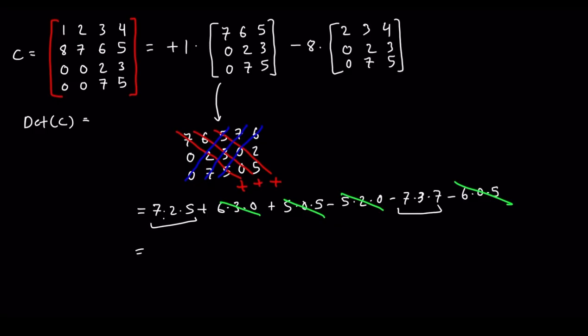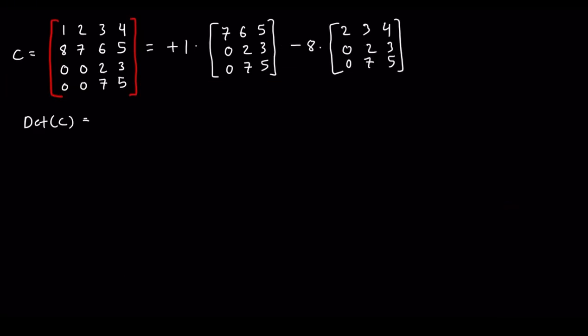So 7 times 2 is just 14, and times 5 is just 70, minus, and now here 7 times 3 is 21, and then times 7 is going to be 147. That gives us negative 77. Okay, so let me get rid of this. So that's going to be 1 times negative 77